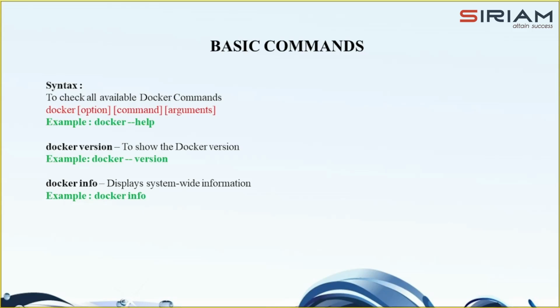And the next command is docker version, to show the Docker version. So the purpose of this docker version command is to show the Docker version installed on the system. Running docker version provides information about the Docker client and server versions installed on your machine. It includes details such as version numbers, build information, and API versions. It helps users verify the Docker installation and compatibility, right?